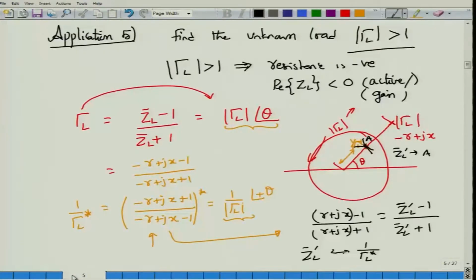So, this is how you can actually use the standard Smith chart in order to find out the unknown load value even when mod gamma L is greater than 1. One notable point about all these applications that we have developed is that all this development has happened with lossless transmission line. The calculations with lossy transmission line are slightly complicated, and unfortunately we will not consider lossy line transformations using Smith chart. It is possible to use Smith chart calculations, but they are slightly more tedious. We will not be able to do that in this course.